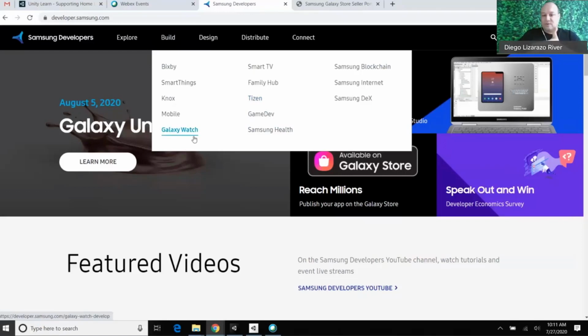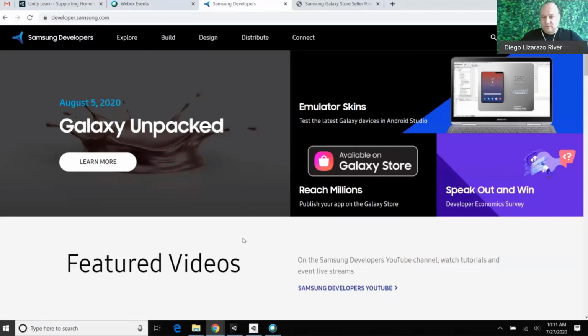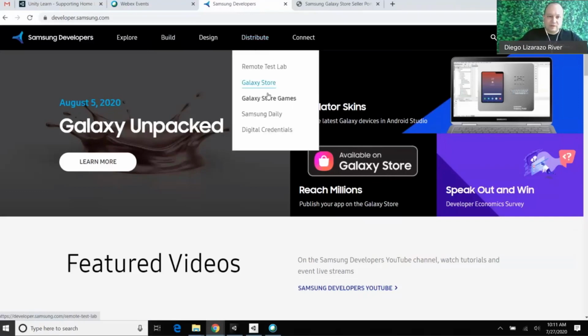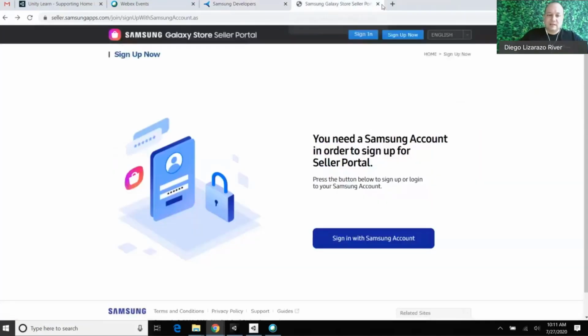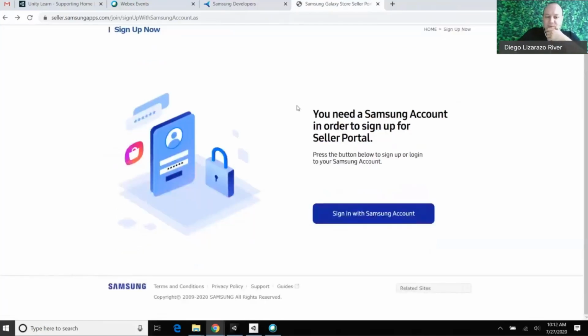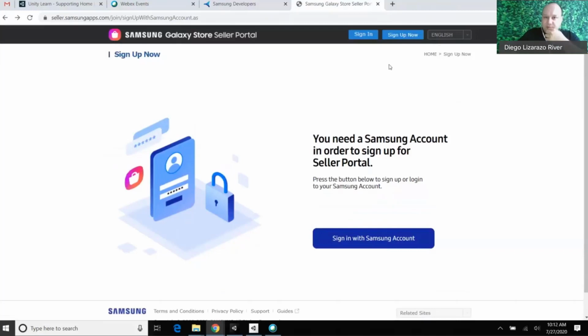But since today the entire goal is to check the Galaxy Store, you see that right now you have a big banner that is going to lead you there, or you can go to the Distribute tab and also get to the Galaxy Store, because this is when you are ready to get your application, your game, and share that hard work that you have put into it with the rest of the world. So this is where you're going to go. I already had a slide and a tab open for that. This is pretty much what you're going to see, and you can sign in. Well, if you go directly on the